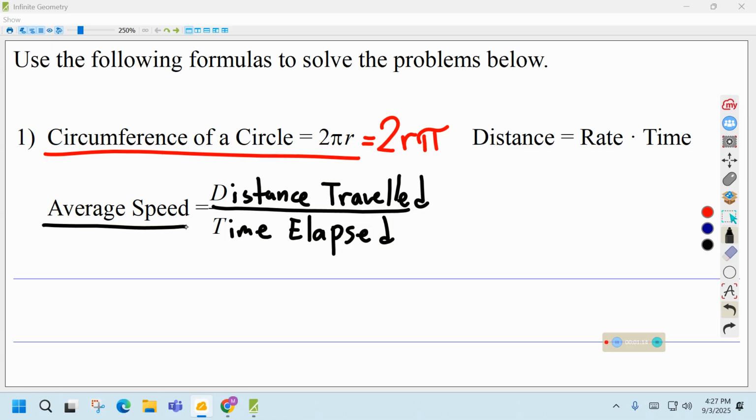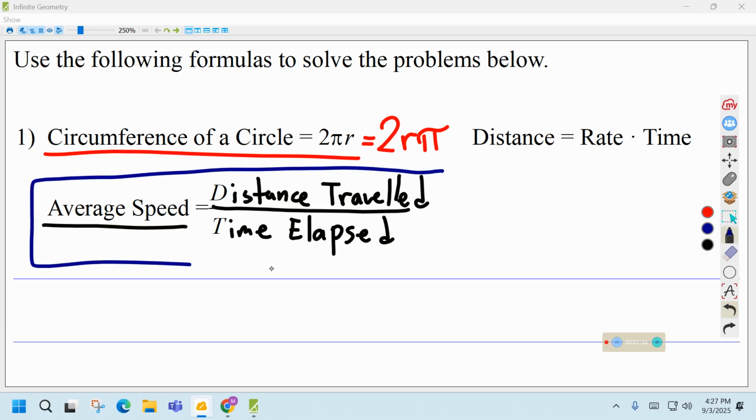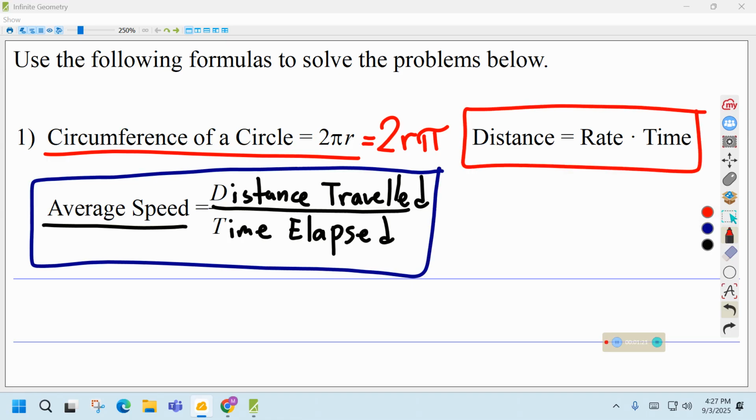So this formula right here that I'm putting in the blue box actually comes from this formula. If I was to make this a little more simple, we could write distance as D, rate is R, and T is time. And if you guys start to understand that rate is basically a synonym with speed, the rate that I travel is called my speed. The rate I get paid at is called my wage though. So there's lots of different rates, and they all kind of go back to this equation that we're looking at here. So if we change that to be D equals speed